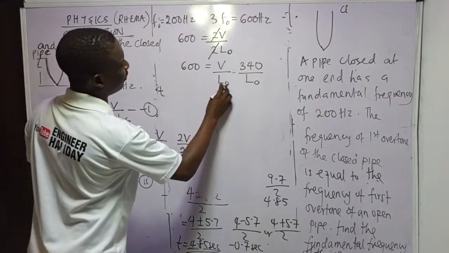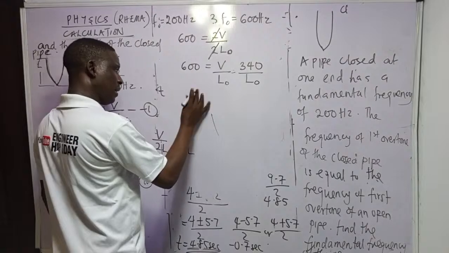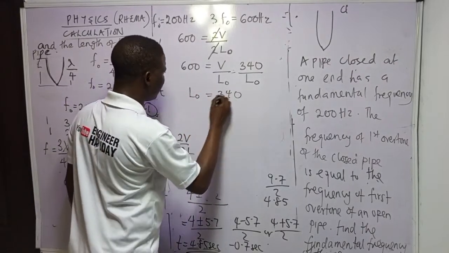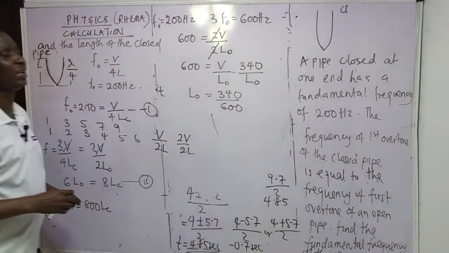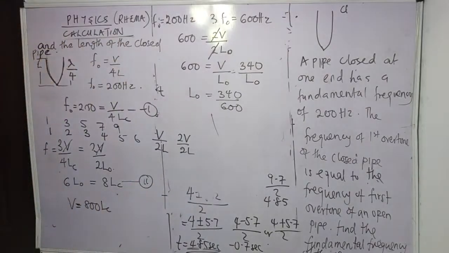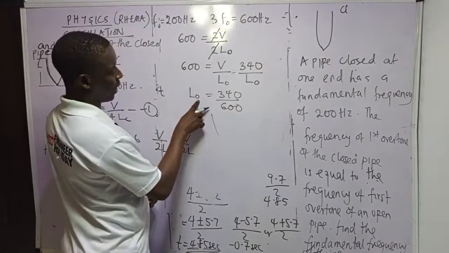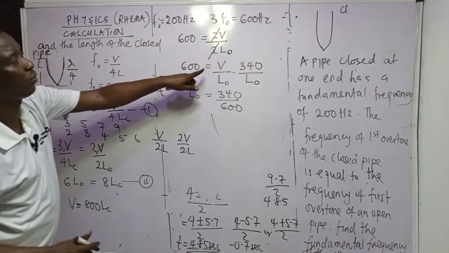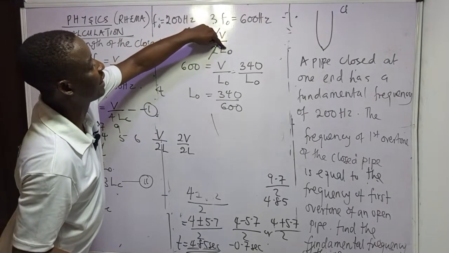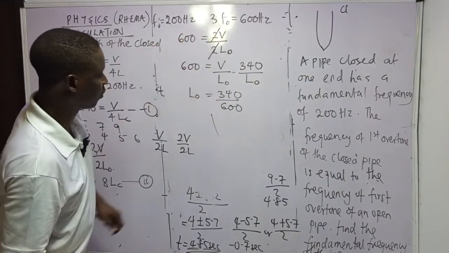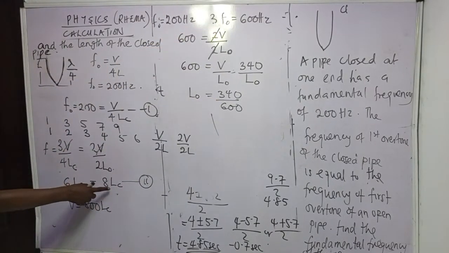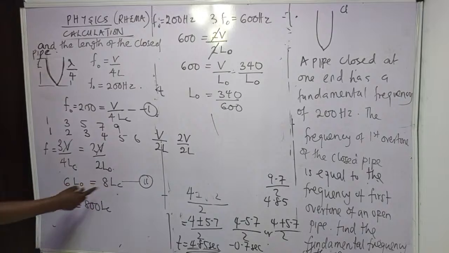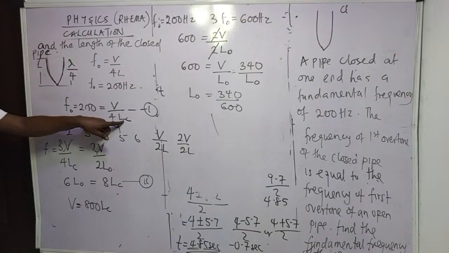If you do that, what would I have? 600 L naught equals 340, so L naught equals 340 divided by 600. The velocity of sound in air is constant. So we are looking for the length of the open pipe. Open is L naught, closed is LC. You understand now? So we are reducing the velocity. We are looking for the length of the open pipe first. Then when we solve it, we can bring it here. If I put it here, I will get the length of the closed pipe. I cannot put it here to get